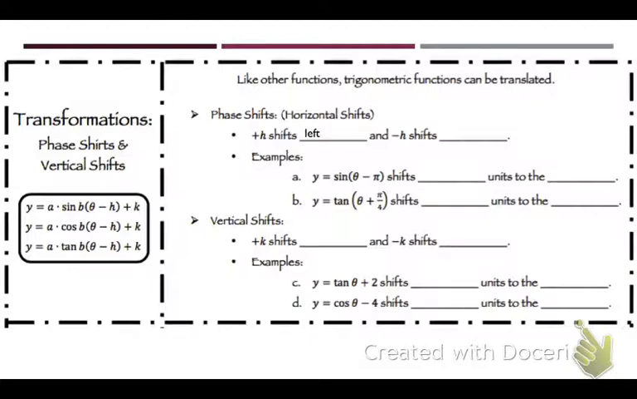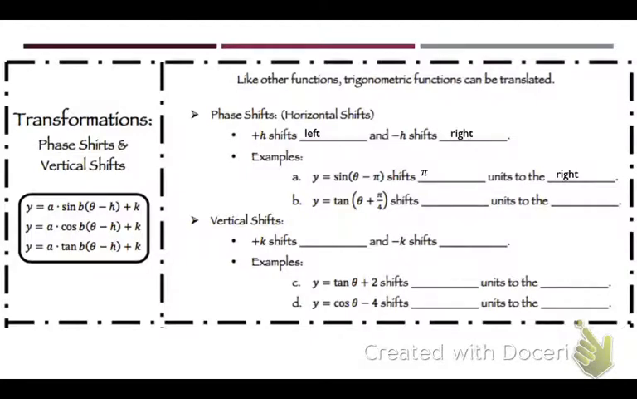So if it's plus h, it moves to the left. If it's minus h, it moves to the right. So remember, if it's inside, it's opposite of what you think. So if it's plus, you move left. If it's minus, you move right. So an example of that, y equals sine of theta minus pi. That shifts pi units to the right because it's minus, but it's opposite of what we think,